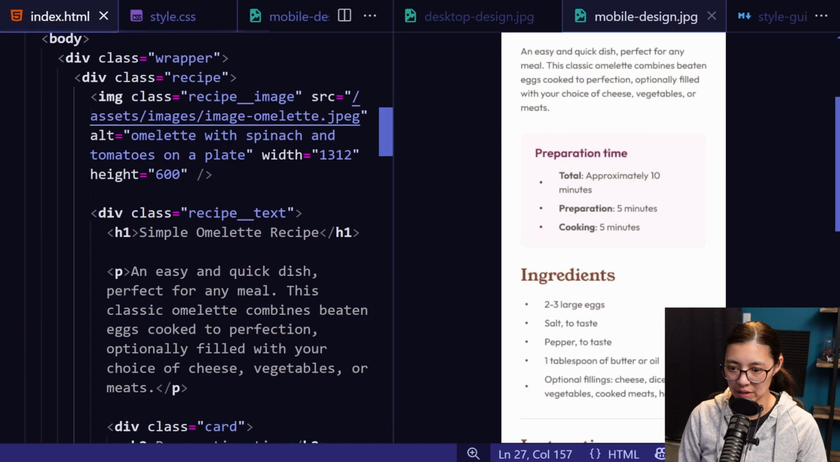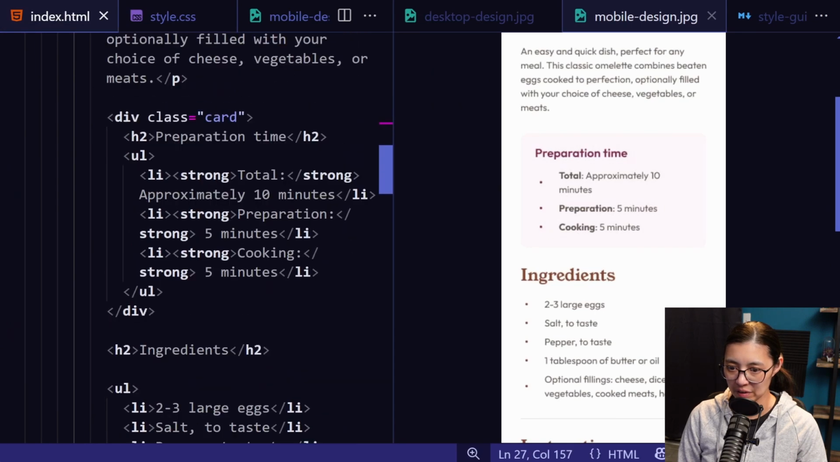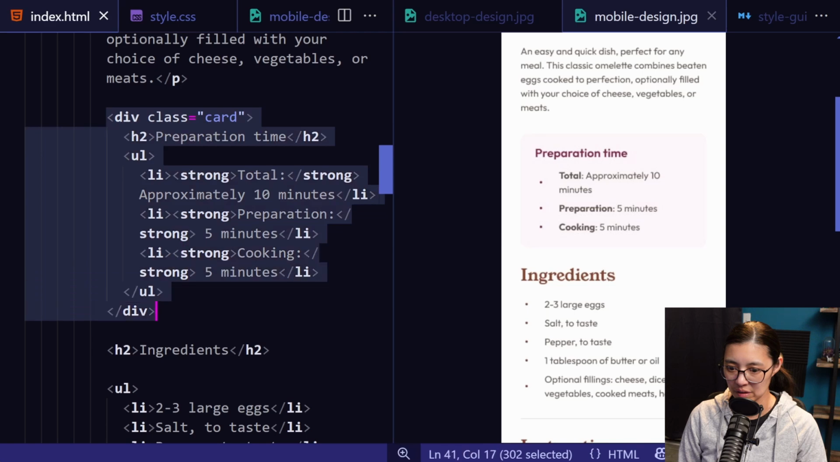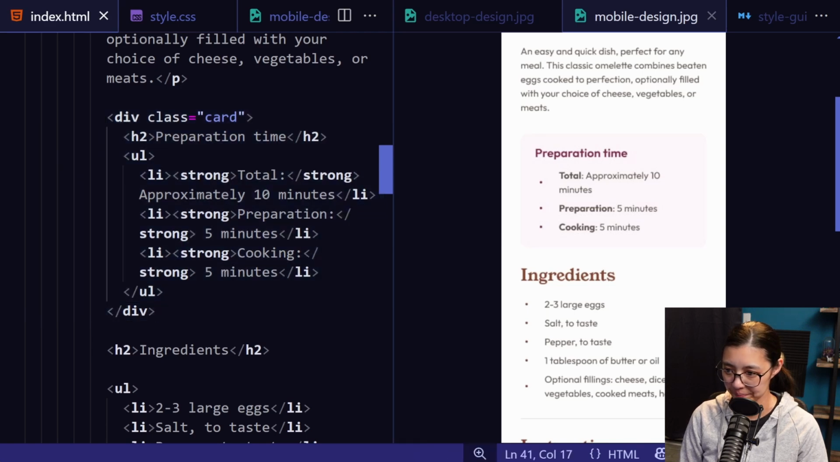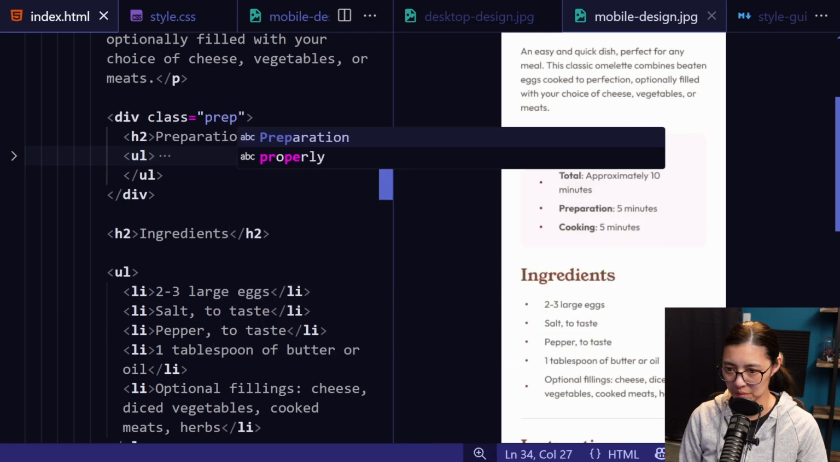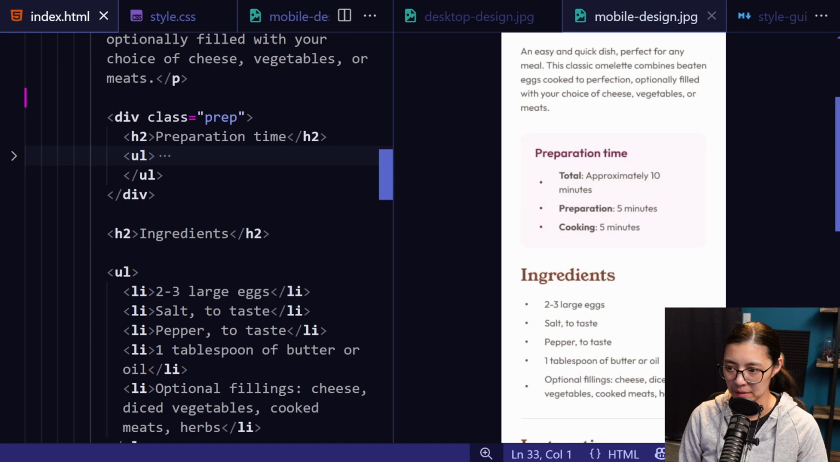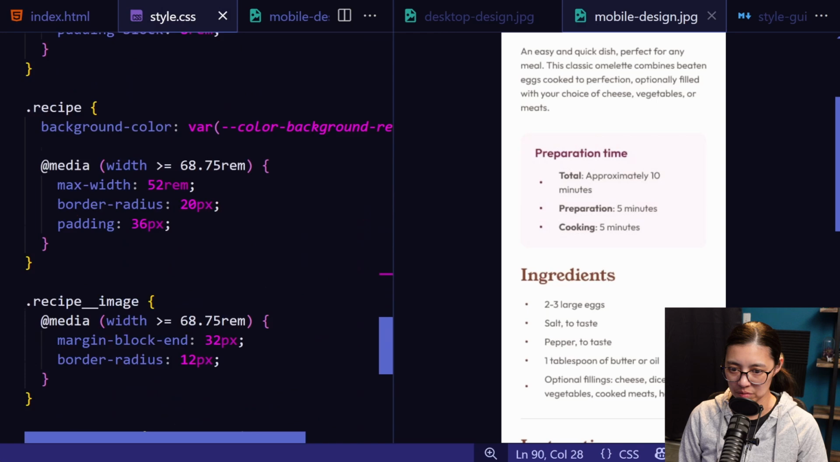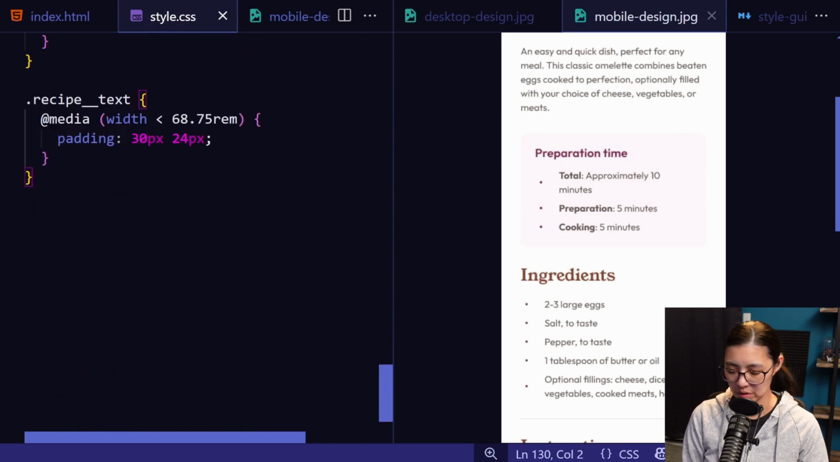So if we go to our HTML, we'd added everything here in the card div. So I don't know if I like that card class name, to be honest. I might make a new name. Maybe I'll just call this prep because it's preparation time. Okay, so let's add our selector here. So for the class prep,